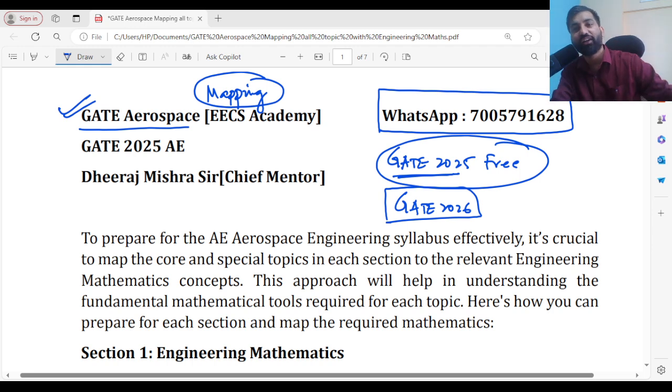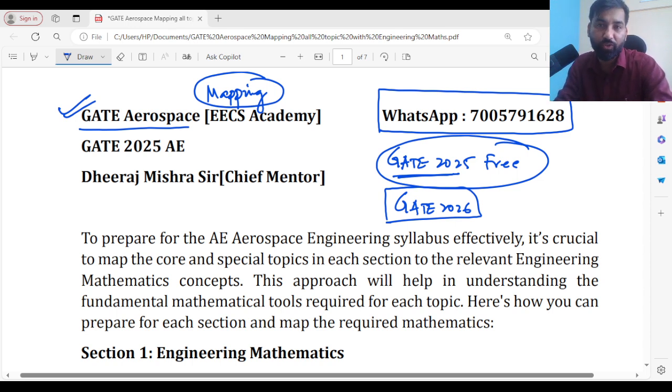The way all my students have got in. So you can see here, to prepare for the aerospace engineering syllabus effectively, it is crucial to map the core and special topics in each section to the relevant engineering mathematics concepts. If you're not able to map, if you don't know in which topic of engineering mathematics you must be good at